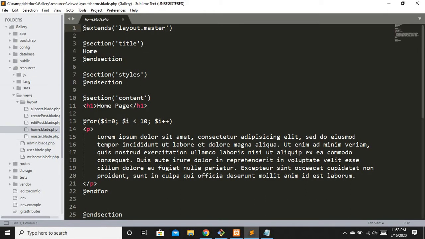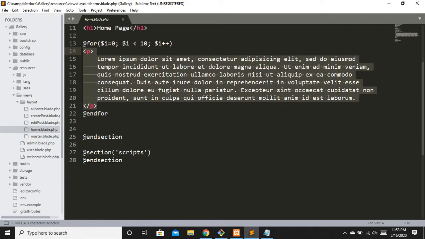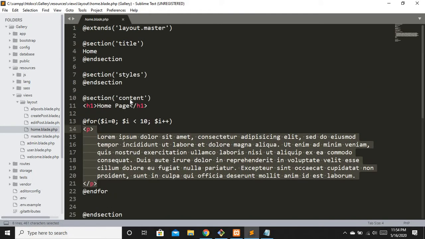Okay, and for the home page, basically I want the section, the home page title, to be home, and we are not implementing any sort of new style for this specific page, and we are having some separate data for the home page, basically the content of the page right here, and we are not having any sort of styles or scripts for this specific page. Okay, so Laravel components work exactly like this.